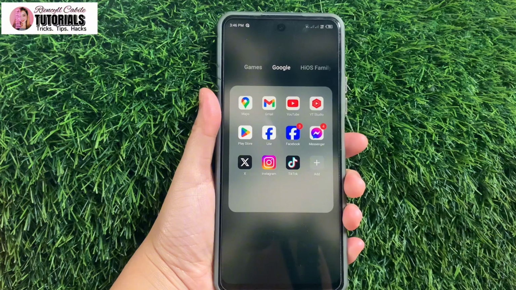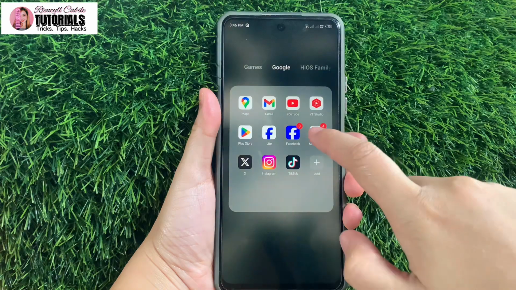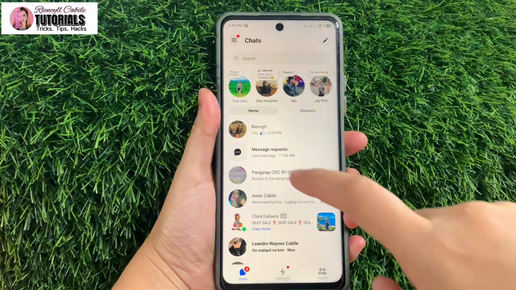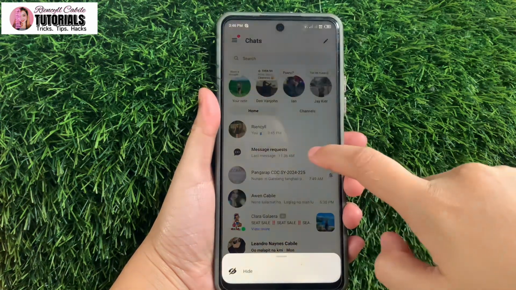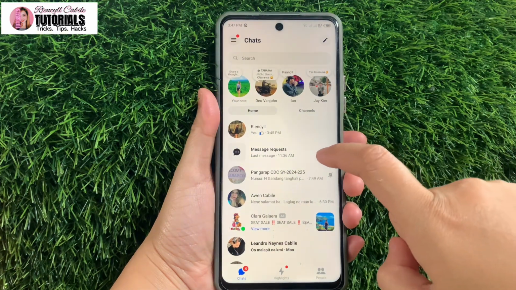So yan guys, for today's video, ituturo ko sa inyo kung paano nga ba natin ma-hide yung ating mga message requests. So since bagong update ngayon ni Messenger is nag-a-appear na siya sa ating chat list. So katulad nito, i-open natin yung ating Messenger and kung makikita nyo, ganito or dito nalalabas yung mga message request natin. And kung gusto nyo ang alisin dito yung message request sa inyong chat list, ang gagawin nyo lang is